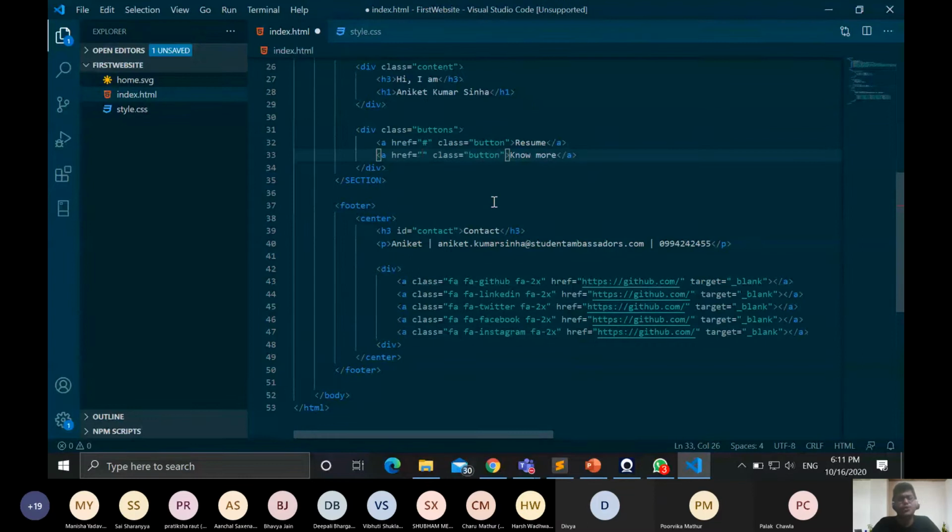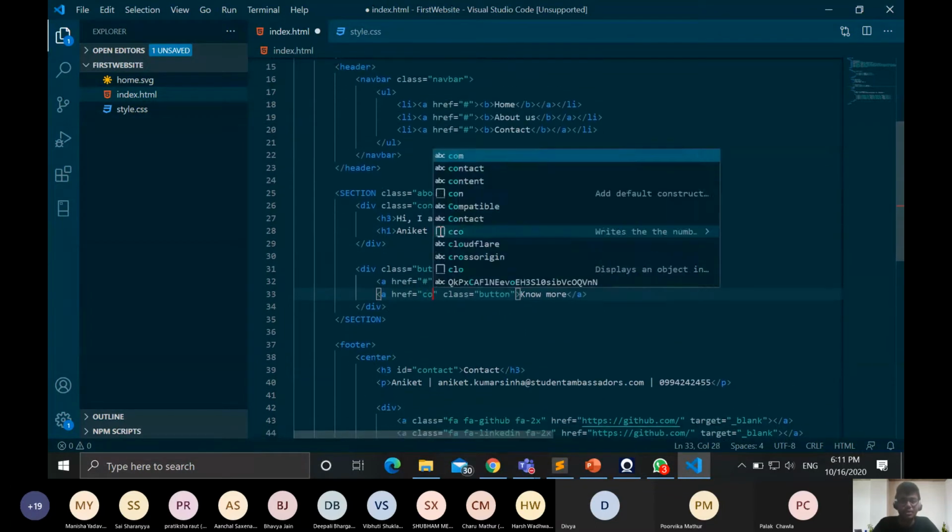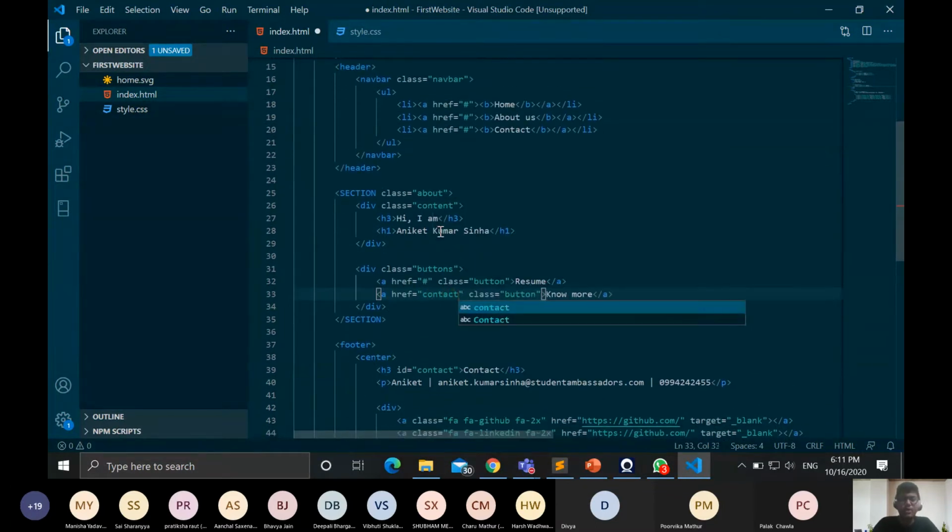So for "No more", if you want, you can add some other website's link. If you want, you can add a contact section link. Okay, so you just need to write contact. If you want, you can add your LinkedIn link, because generally people know you much better through your LinkedIn. Okay, and then if you want to